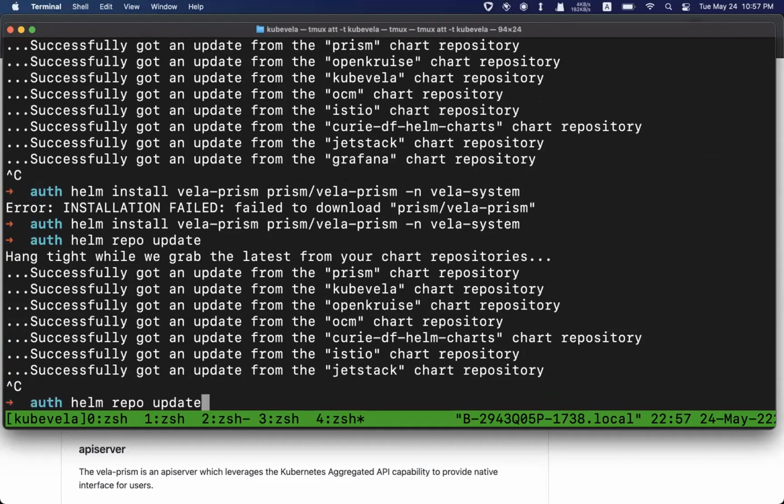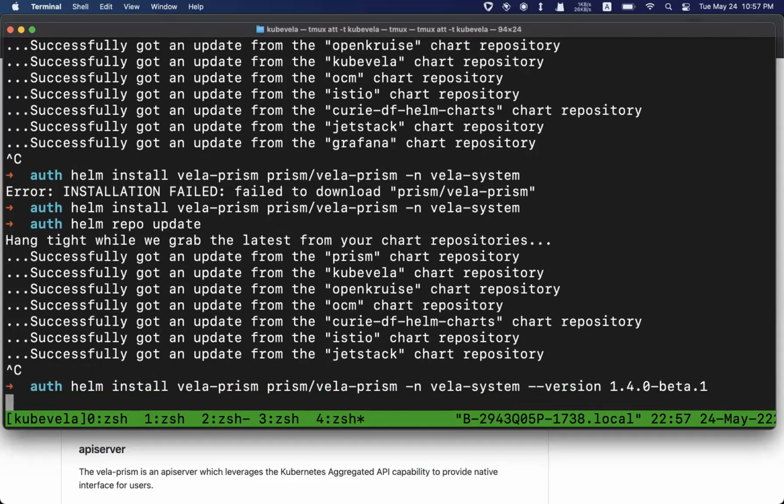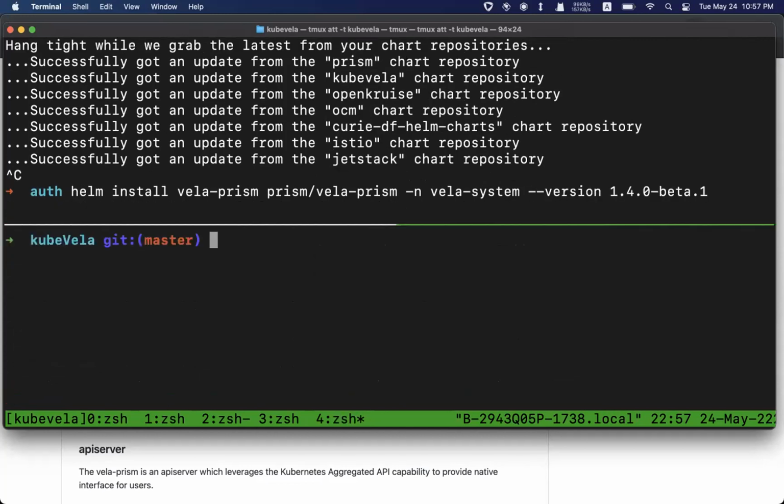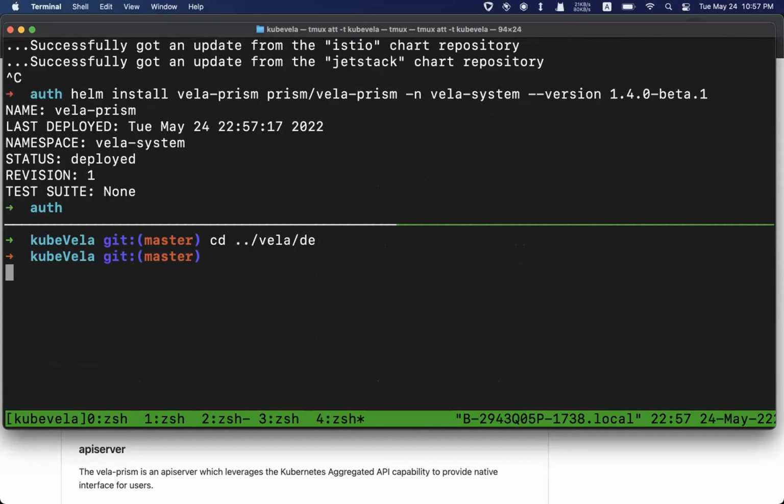Okay, I think the problem is that we do not have an officially released version. So we need to say it's Vela 1.4.0 beta 0.1. So actually it's now installing the Vela Prism, and yeah, it's installed very